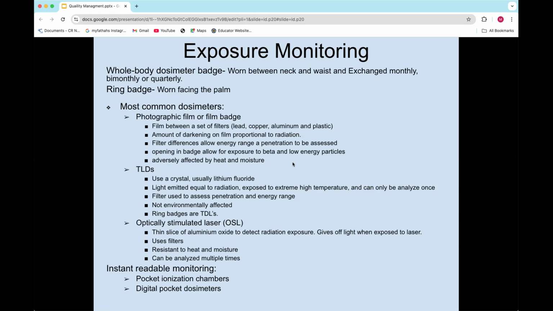So when it's exposed to radiation, it gives off light. This is very similar to scintillation in our gamma cameras. So it gives off light, and that light is detected as how much radiation. The way that they get that data off is light, and then it's exposed